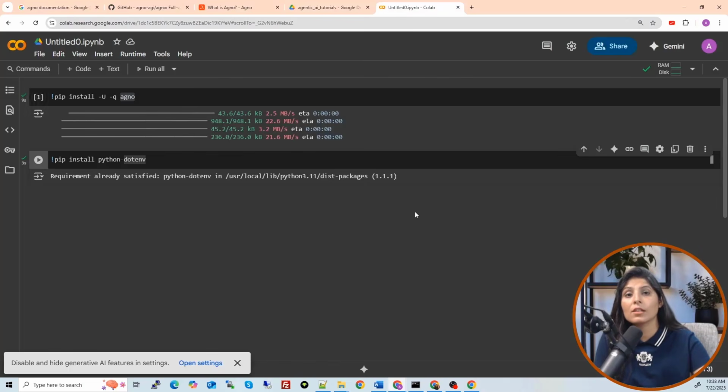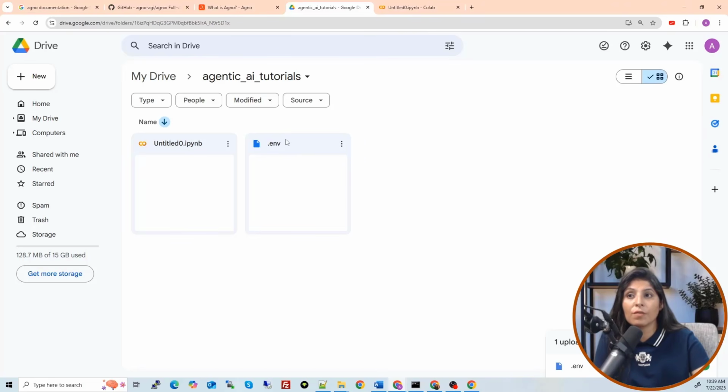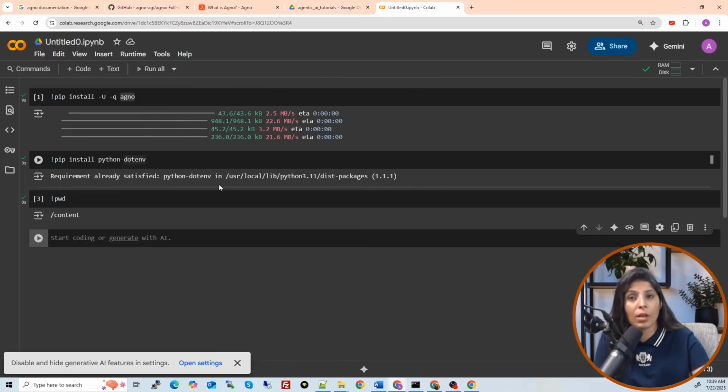Now the next task is to load the OpenAI API key in this Colab notebook. We will first mount the drive. Why do we want to mount the drive? Because these files are in the drive, and the code which we are writing is over here in the Google Colab notebook. If you want to access the files of your Google Drive, then you need to mount the drive inside the Google Colab notebook. Then only you can use the files which are there in your drive.